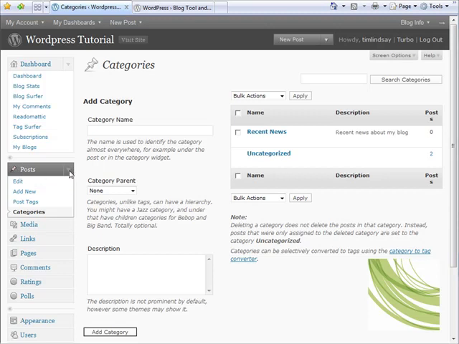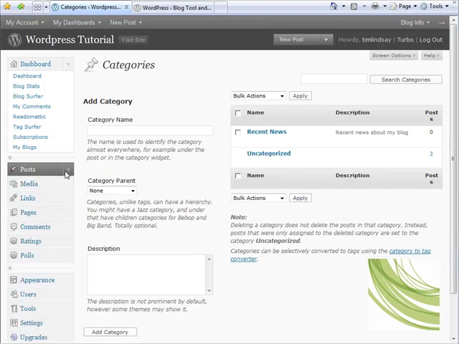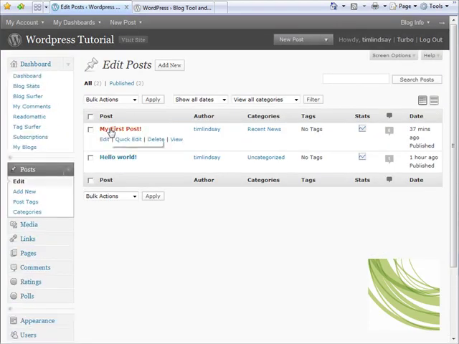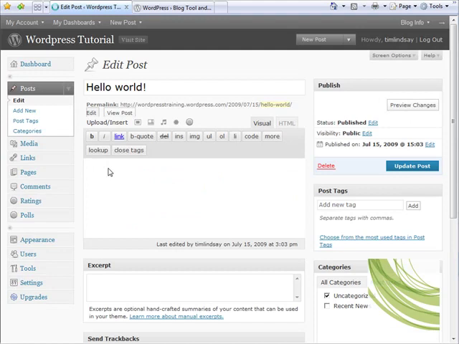So on the side menu we can go to the Posts button, and on the drop down we'll click on Edit. And here we can see the 2 entries that we have on our blog, and it shows the categories that they're assigned to. If you want to change the category they're in, you would simply edit that particular post. So what we'll do is we'll edit the default Hello World entry, and we'll remove it from the uncategorized category